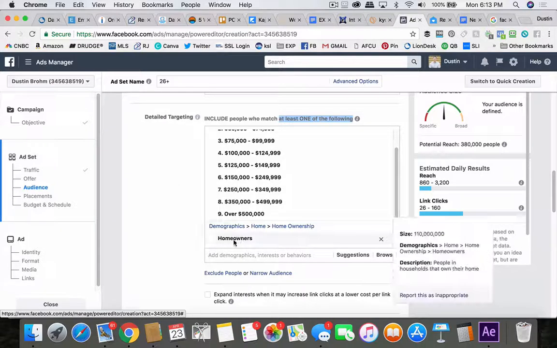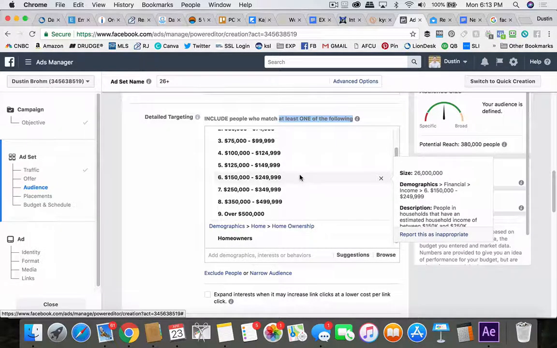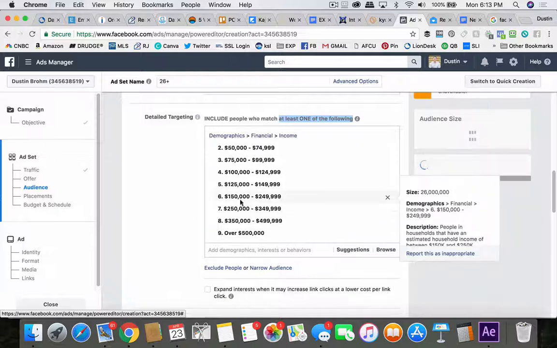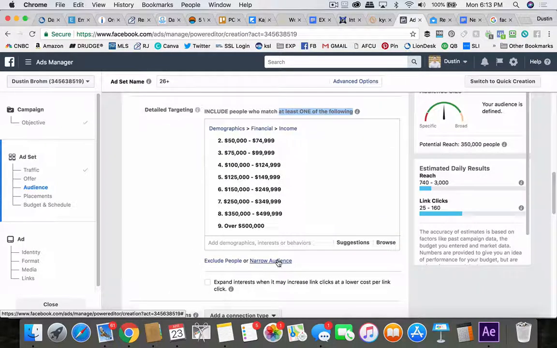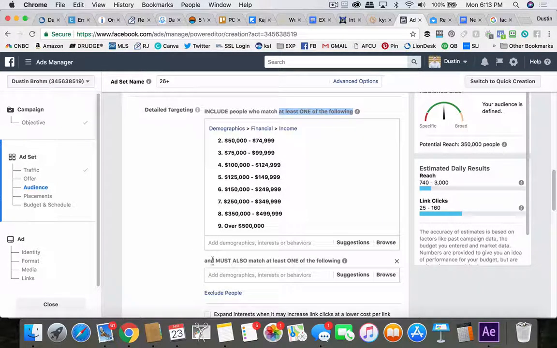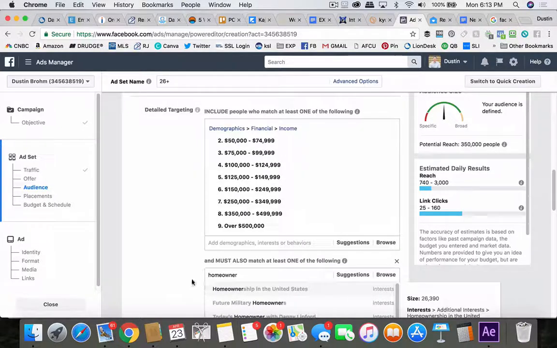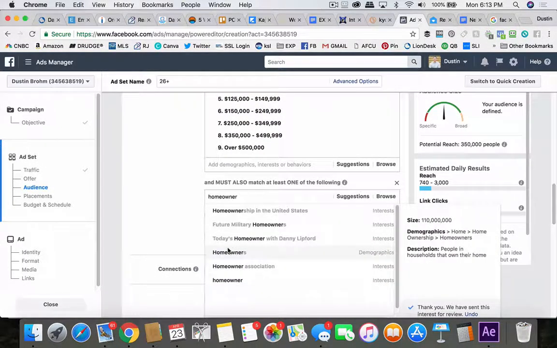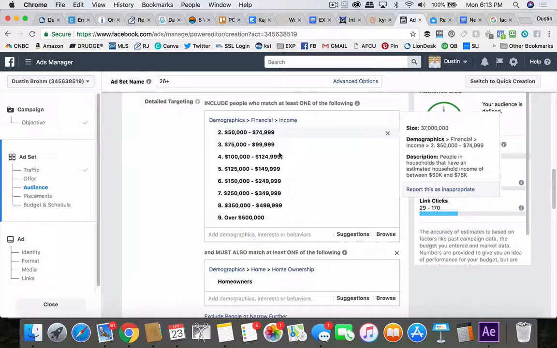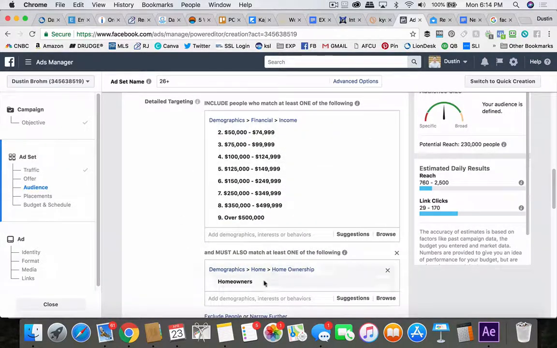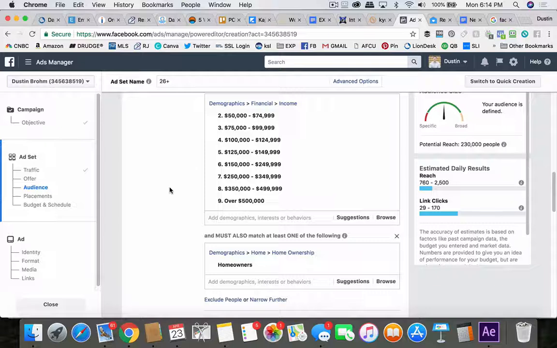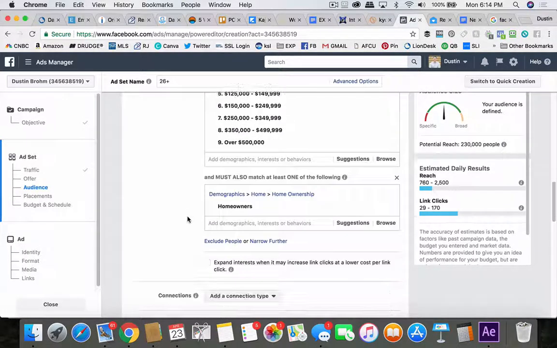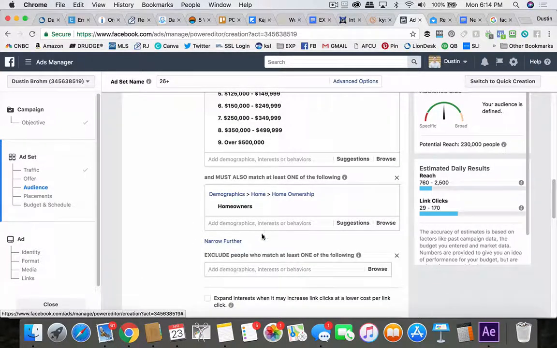I want them to be homeowners and make at least $50,000 a year, right? So what I do is you go down here to narrow audience and see it says must also match one of the following. Okay, that's crucial. And this is where I add homeowner to that. So now they have to meet this and this. Okay, so this is where you have to know who you want to target and who you want to see your ad. Now, you can also exclude certain people too, and I always recommend